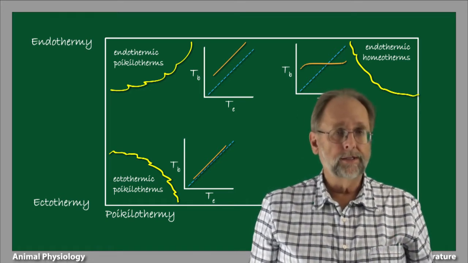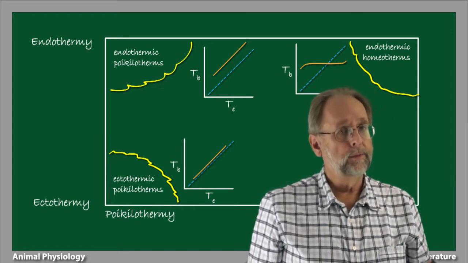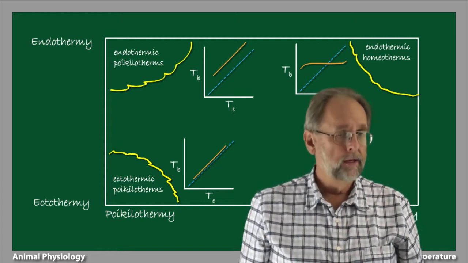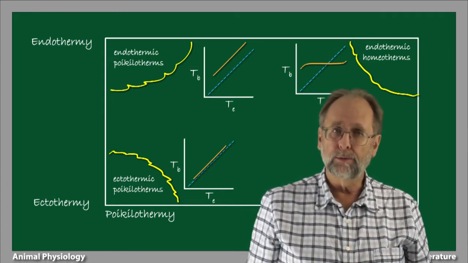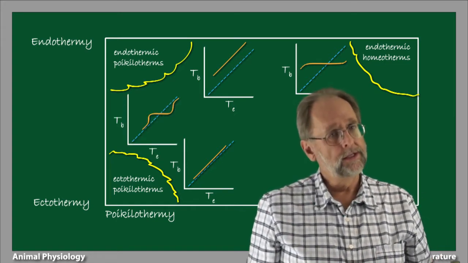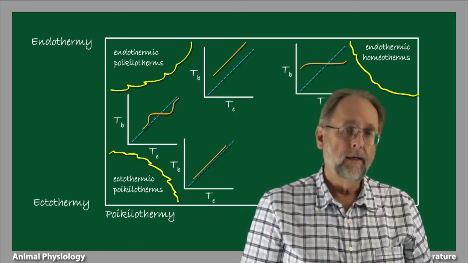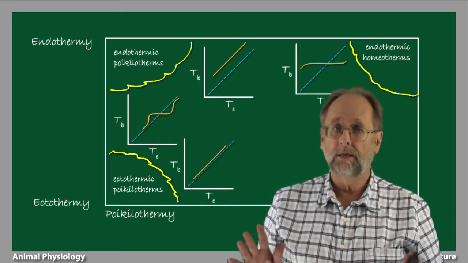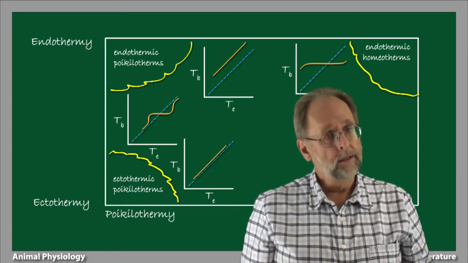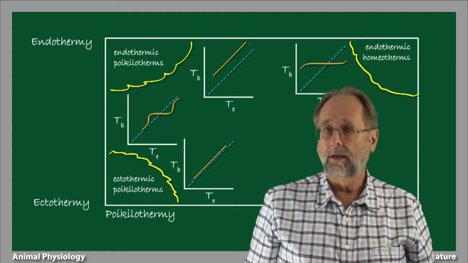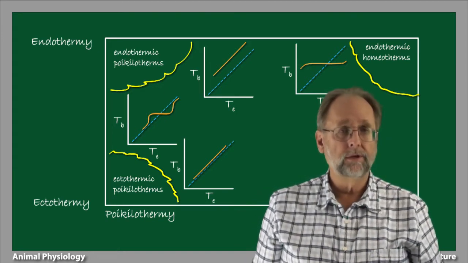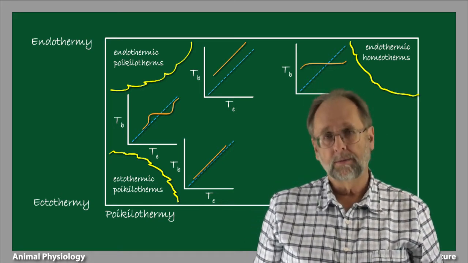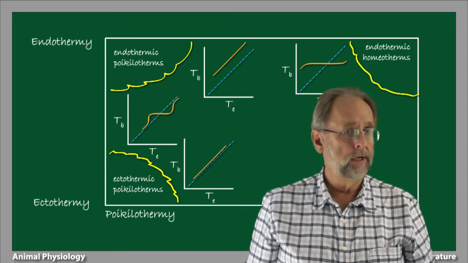There's another interesting example that falls under this rubric of endothermic poikilotherms, and these are hibernators and so-called torpedators. We'll have quite a bit to say about these momentarily, but in this circumstance, these animals will bat both ways, so to speak. Over a certain range of environmental temperatures, these animals will regulate their body temperature, just as endothermic homeotherms do, but at other environmental temperatures, they will allow their body temperatures to assume the temperature of the environment. This particular diagram shows the body temperature in such circumstances as being close to environmental temperature, but it need not be.